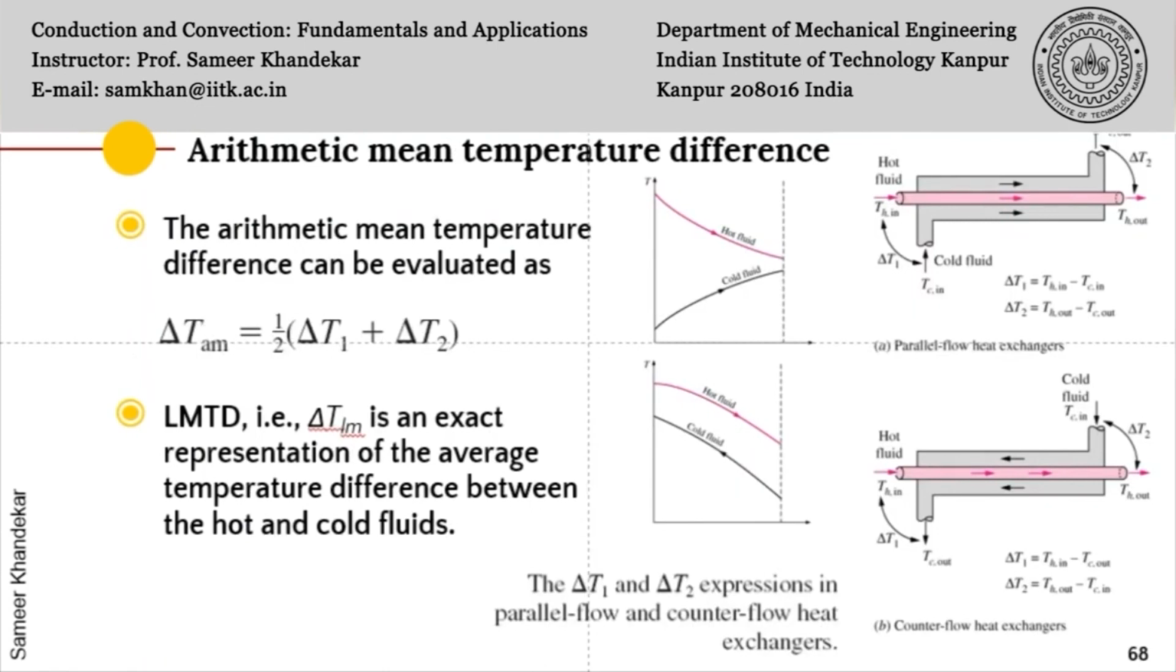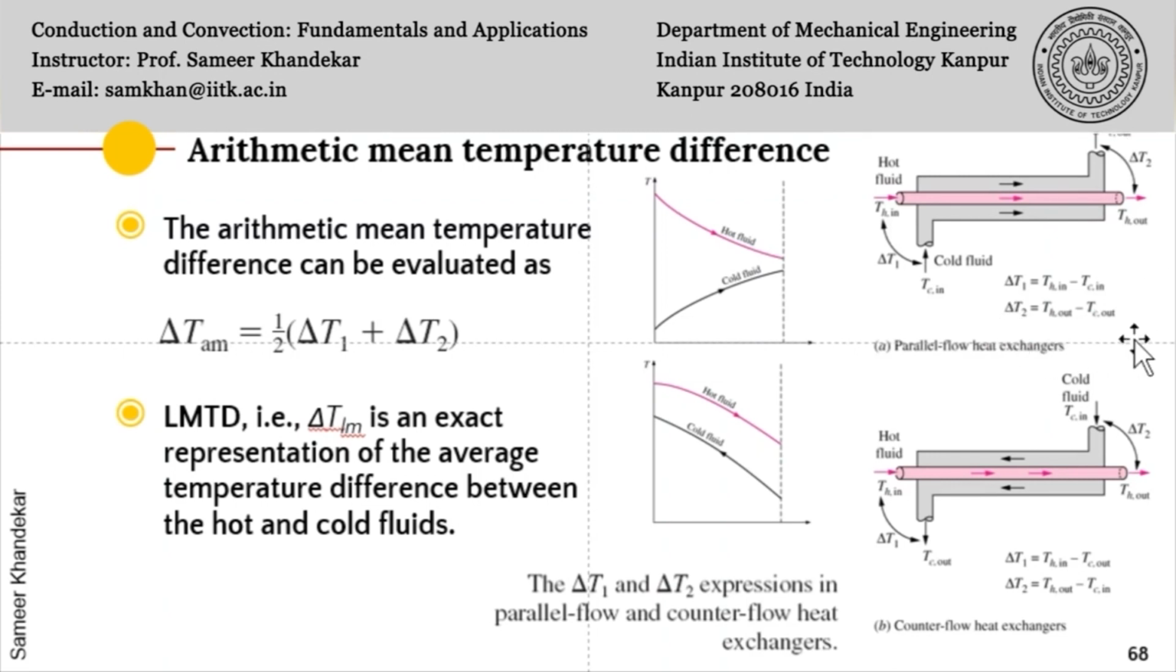Now, as we were discussing before, the LMTD, of course, is the best estimate, but many times you can also use the arithmetic mean, which will not give you good results. But just to compare the difference between the arithmetic mean and the logarithmic mean temperature difference. So the arithmetic mean temperature difference can be evaluated as delta T1 plus delta T2 divided by 2. So this is a straightforward calculation for parallel flow heat exchangers, where the delta T1 is taken for both inlet temperatures, hot and cold, and the outlet temperatures are required for calculation of the delta T2,